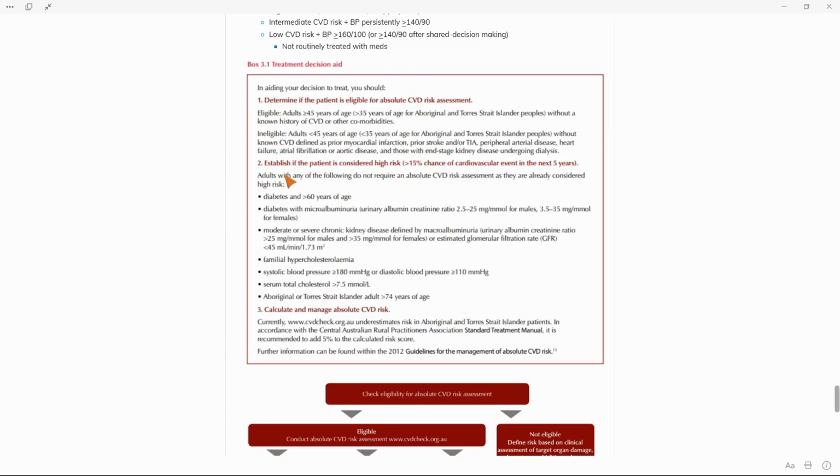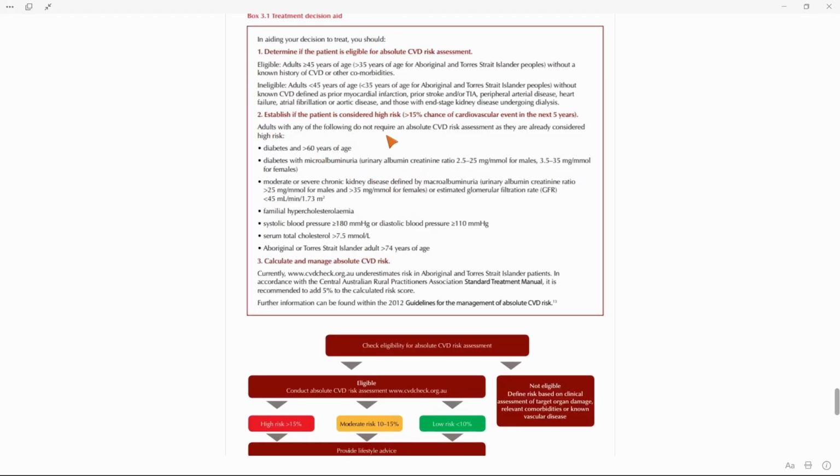And so it says here, establish if the patient is considered high risk. It says more than 15% chance in the next 5 years. That has now reduced to 10% with the new calculator that was released in 2023. And adults with any of the following do not require an absolute CVD risk assessment, as they are already considered